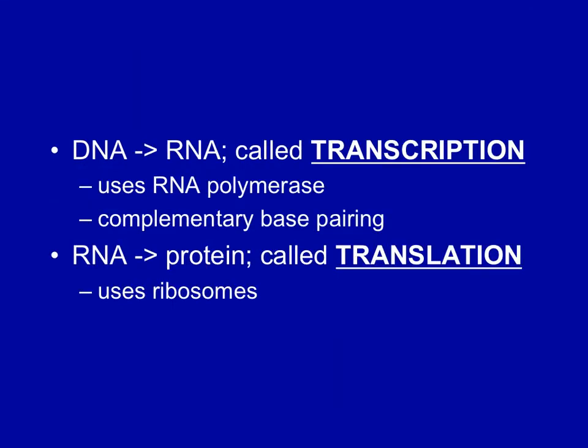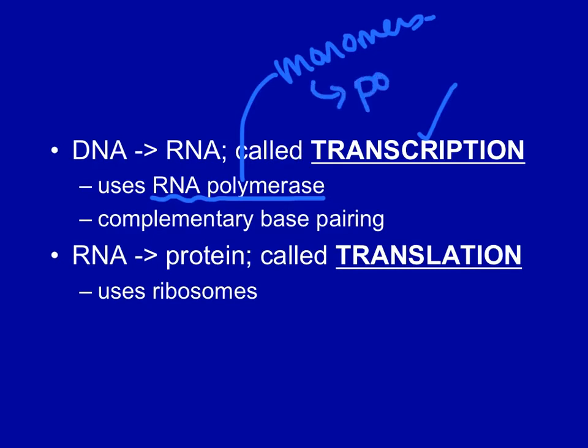All right, here are the words. DNA goes to RNA. That's called transcription. Transcription needs something that can make a string of RNA. That's called a polymerase, because you're taking monomers and putting them together into a string of polymers. So we call this an RNA polymerase, and transcription uses a sequence of